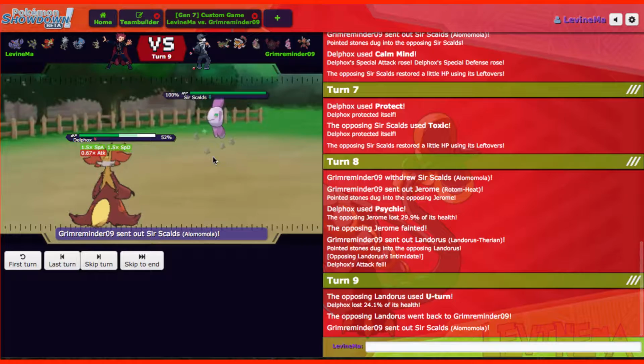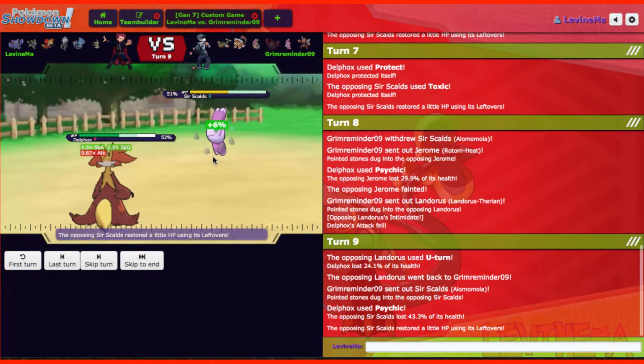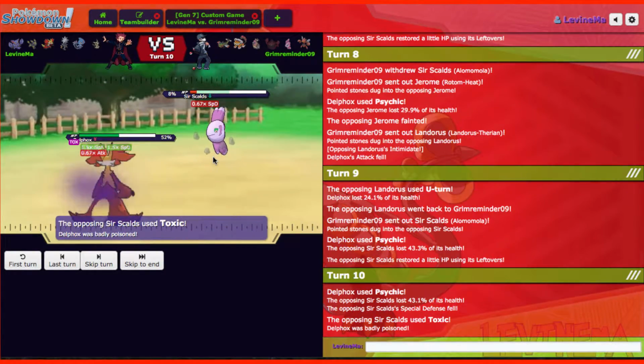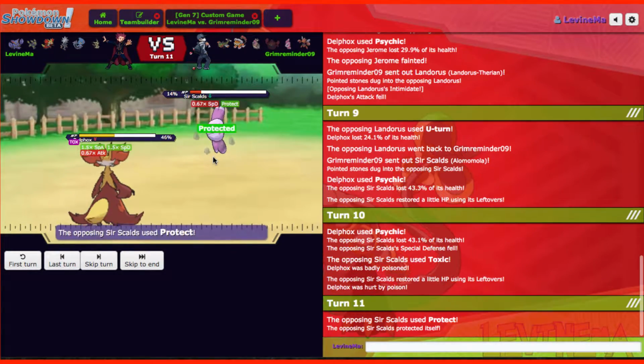He U-turned out and went back into Surf Scalds, which we got a Psychic off on. He got some health back, and we just fired off another Psychic. 43% special defense drop. That was awesome. And then I was thinking, you know what? I considered switching to like Wish,